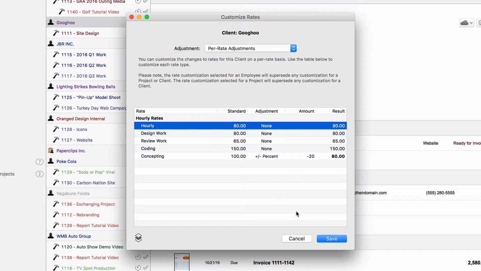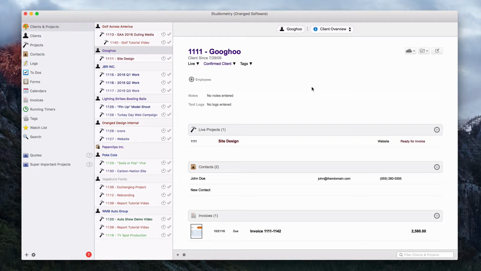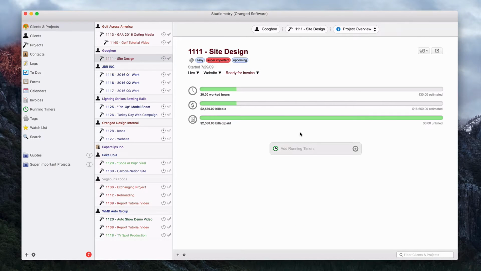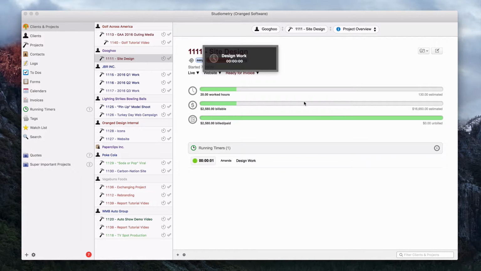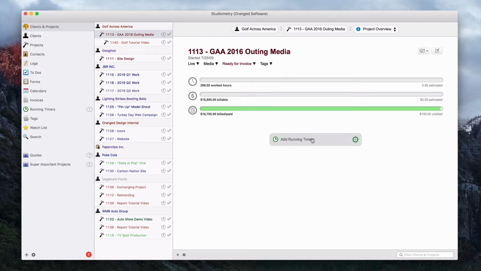So to show how this works, we'll save this here, and then we'll just create two concepting running timers for two different projects. One will be within the client that we customized, and one will be outside of that client on a client that we haven't customized. So first I'll go to one of this client's projects, and I'll create a new running timer. And then when I select the item type of concepting, we can see that the rate is entered as $80. So if I created that, it would start a timer and then the rate would be $80 an hour. But if I go to another project and create a running timer,